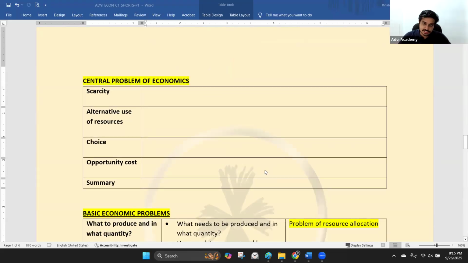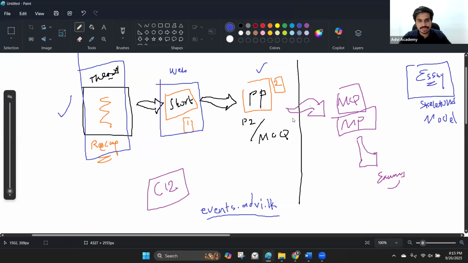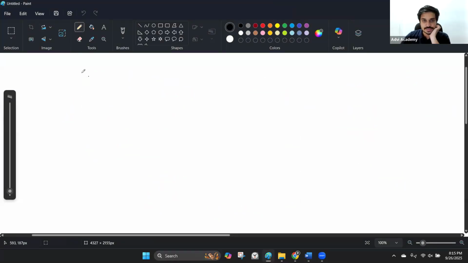Okay, so in this section we're going to start off with the central problem of economics, because the previous section covered the first three sections: the foundation part, the needs and wants part, and the factors of production part. So what is economics now? What have we studied so far? We've talked about economics being the subject that talks about scarcity. And in the previous section, I already gave you an intro to what scarcity was.